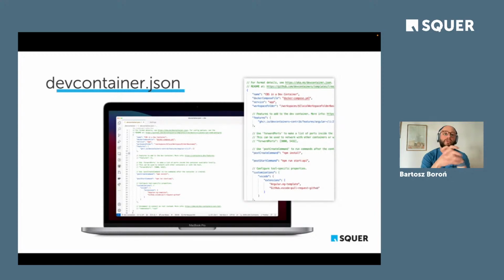So for the dev container standard, all you have to add is basically a devcontainer.json file to your repository. It's referencing what Docker file you want to use as a host kind of container. And then also you can add further tooling and customizations to this environment.